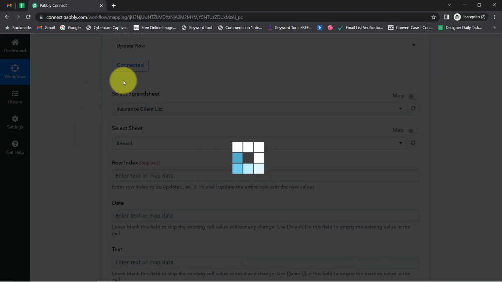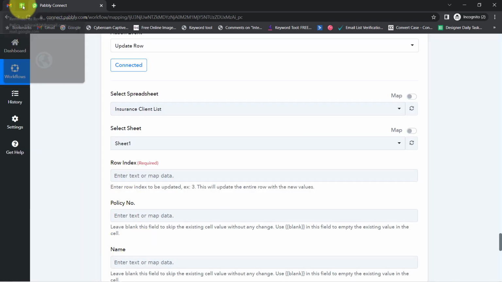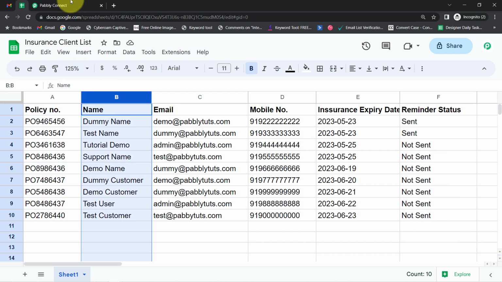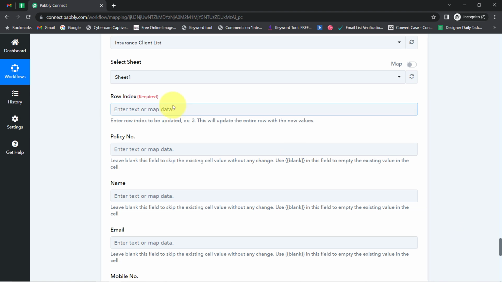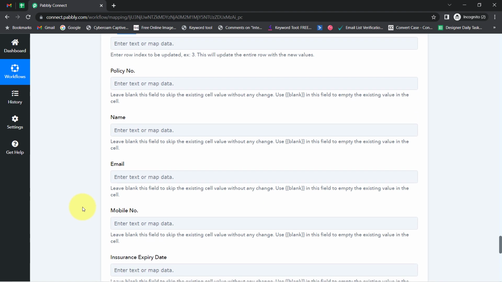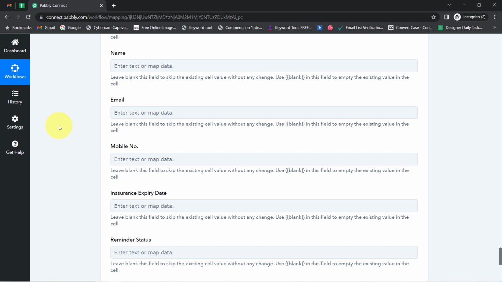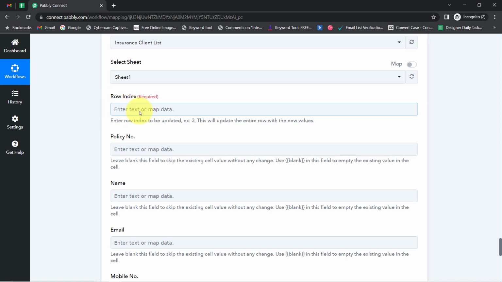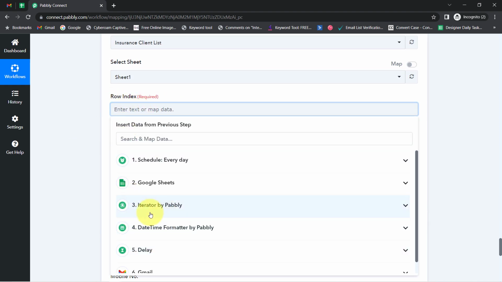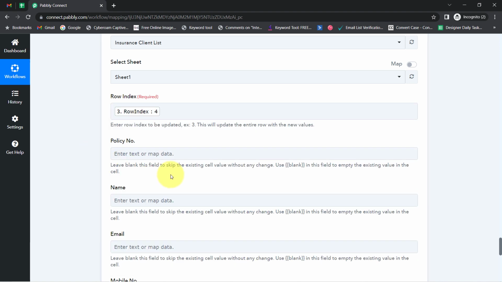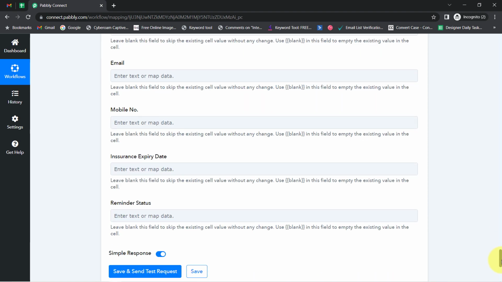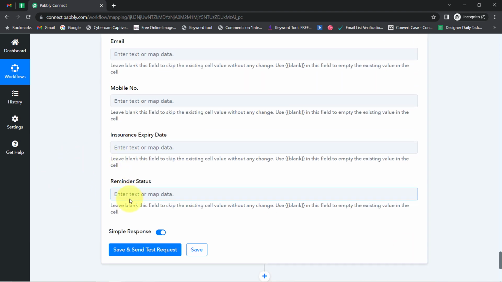So as soon as I select the spreadsheet, you will notice these fields will be replaced. These fields will be changed automatically as per my column details. Coming back, here I am going to skip all the values except this row index and this reminder status. So what value will come in this row index? Click on this field and you will find the row value in this iterator step. So I have mapped it successfully, and finally here in the reminder status I am going to write it